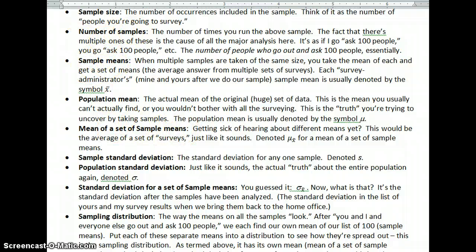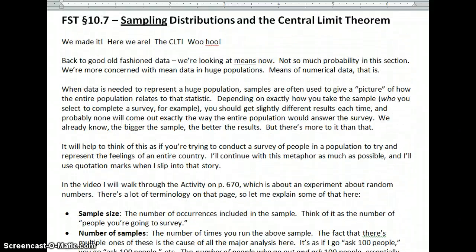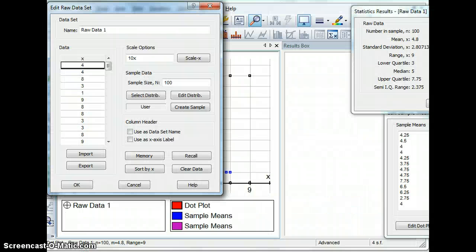Okay, so what I started out talking about on the top of these notes is that I'm going to do the activity on page 670. So I ought to just do the activity on page 670. So get your book out. I'll wait. Okay, it's talking about, well, first of all, before I even do this,